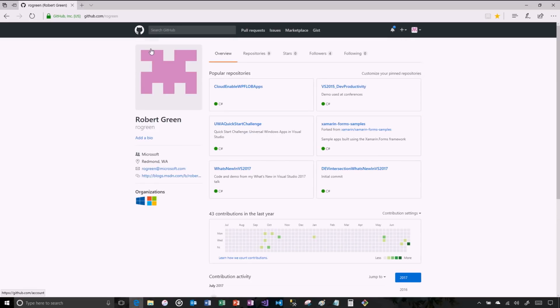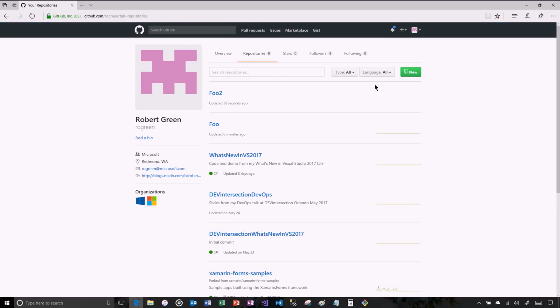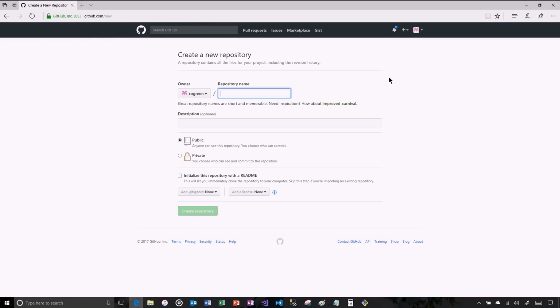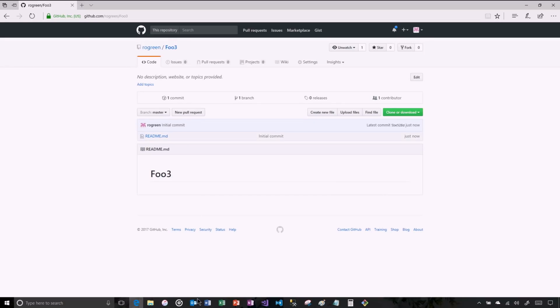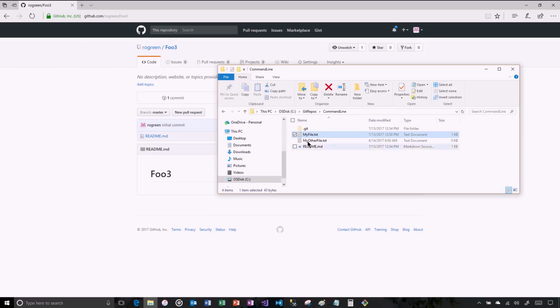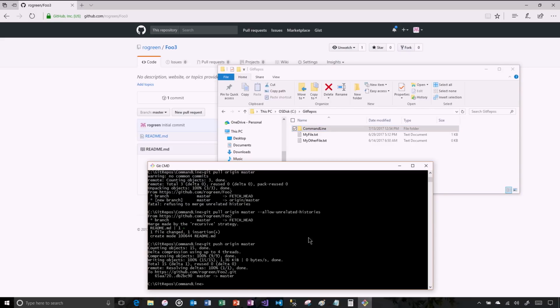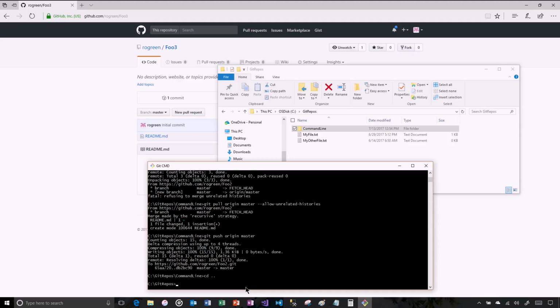So let's go to here. Let's create a third repository. We're going to call it foo3. I'm going to add a README. Okay. Then I'll create this. So now I'm going to clone this. So I'm going to go back up to the Git repos folder, and I'm going to say git clone